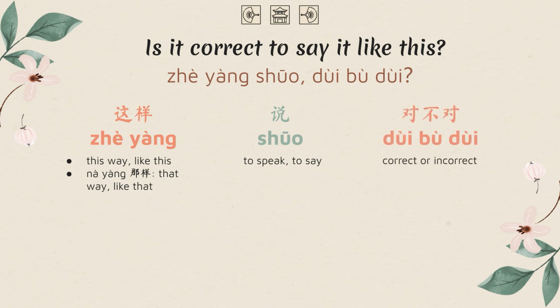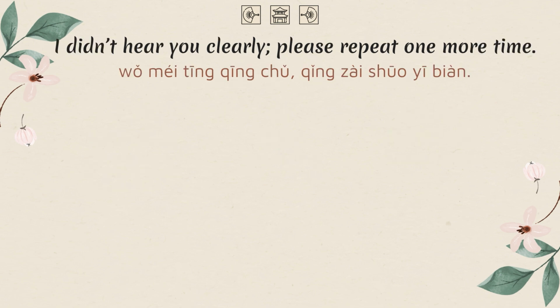对不对？对 means correct. 不对 means incorrect. So you're saying correct or incorrect. 这样说对不对？ Instead of saying 对不对, you could also say 这样说对吗？ Because by putting 吗 at the end of a sentence, that's another way of asking a yes or no question. 这样说对不对 or 这样说对吗？ The way to use this structure, you basically say something and then you follow it with 这样说对不对？ Or you could even drop 这样说 and just say 对不对？